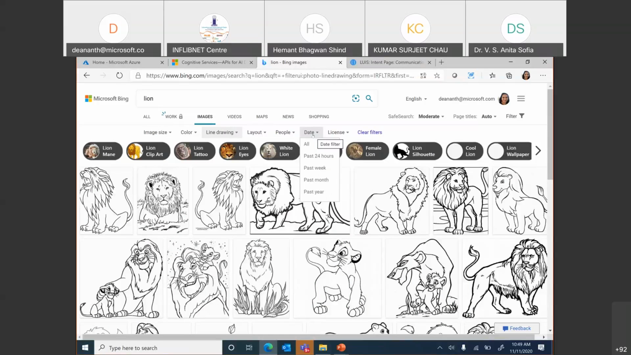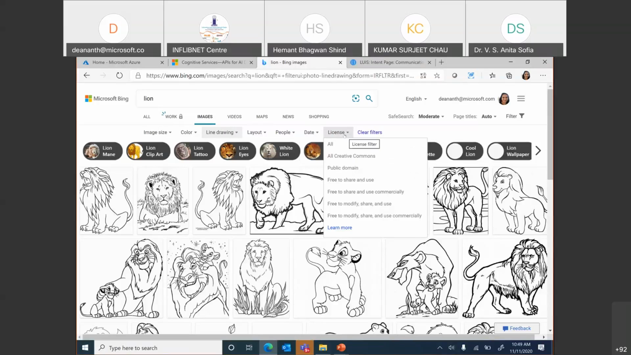If you're constantly dealing with images, if you're searching for images and you don't want to come back with the same image again and again, you could say, just show me something that has been uploaded in the last 24 hours, and only those images will pop up. And something which I find very useful because I am not very artistic: if I need to use an image, I want to make sure it's free to modify, share, and use